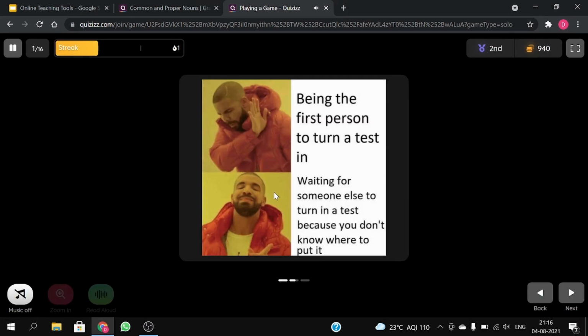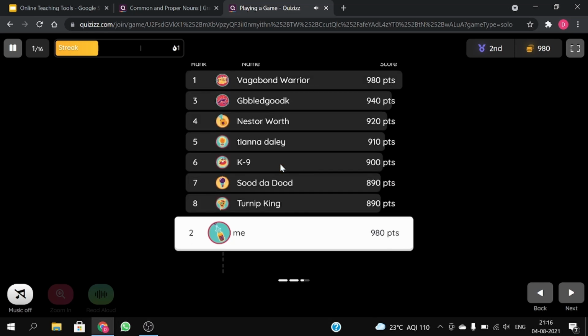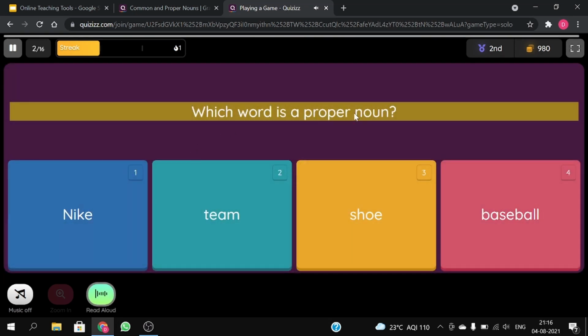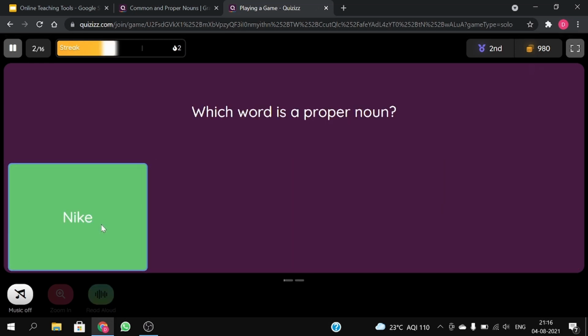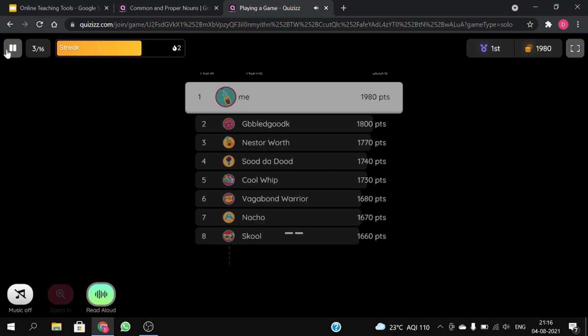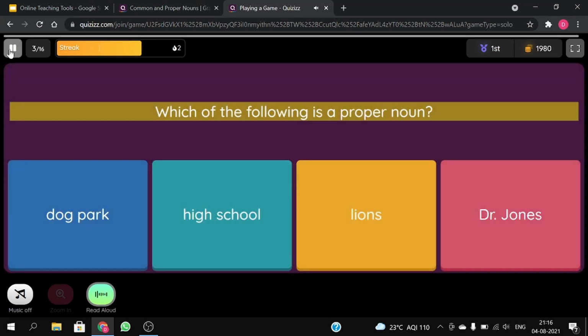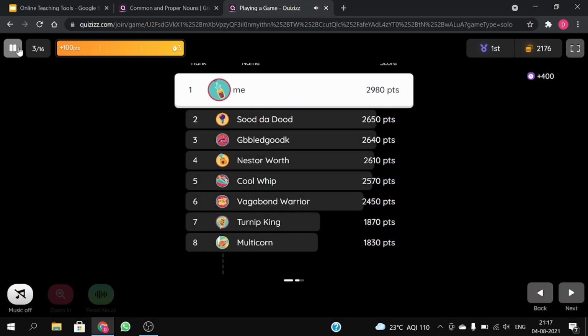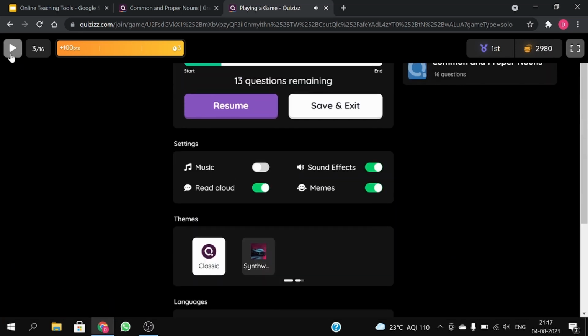So it's a quiz. Children can select the correct option. Question. Which word is a proper noun? What is a proper noun? Option 1. So I can select the proper noun. Question. Which of the following is a proper noun? So the best part is all the children can participate together at the same time.